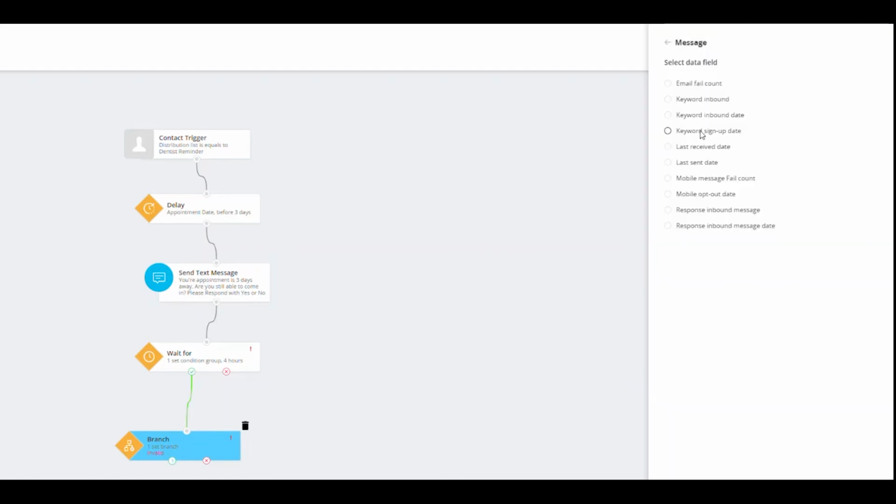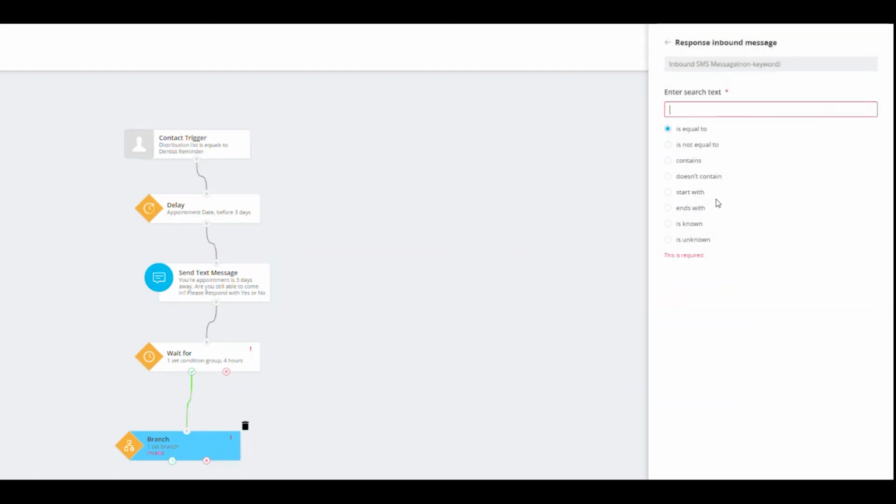This condition is going to look for particular responses to my message. I'm going to go ahead and select the response inbound message, which will be equal to yes, uppercase yes, and enter in any other particular answers that we might receive in the original text message. Now that I have entered in all my response inbound messages, I want to select Add, and then I want